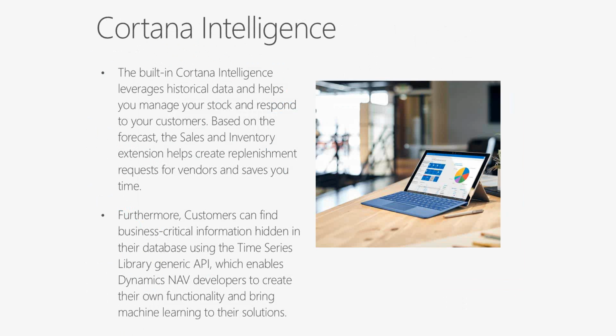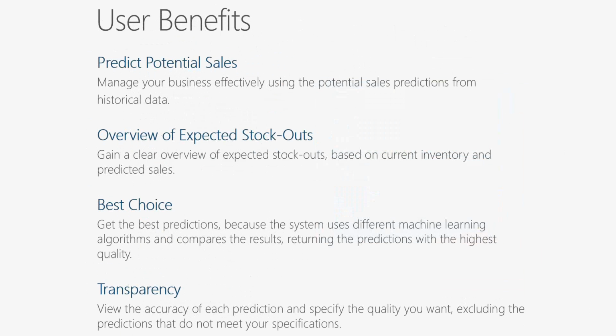Cortana Intelligence, we talked about how important that is, but being able to access those APIs from NAV directly, if you've got development staff, that's a really powerful tool. And essentially, what does being able to leverage Cortana mean in terms of your inventory? It means that